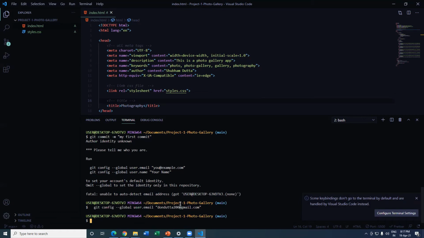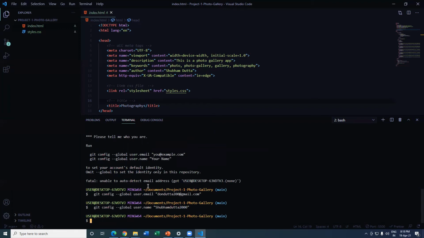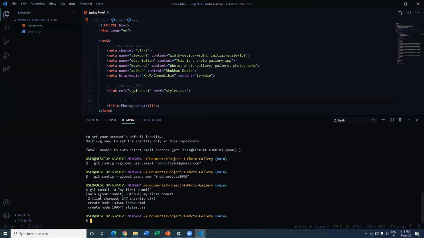Now you have to write your name also. So my username is Subham Datto 2000. Now you can commit your changes. As you can see, 2 files changed and 247 insertions.